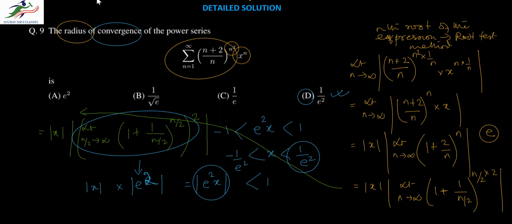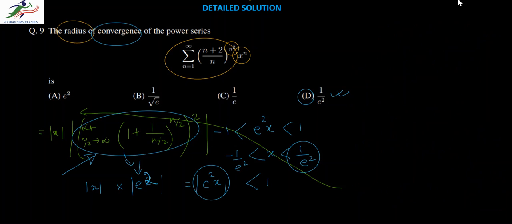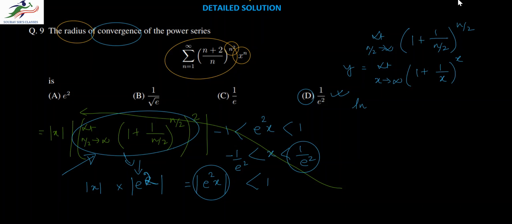Now let me also show you how this limit reduces to e. Now we have limit n by 2 tending towards infinity (1 plus 1 over n by 2) whole to the power n by 2. Now this is of the form limit x tending towards infinity (1 plus 1 by x) whole to the power x. Now we take this expression to be equal to y, and we take log on both sides. So we get ln y